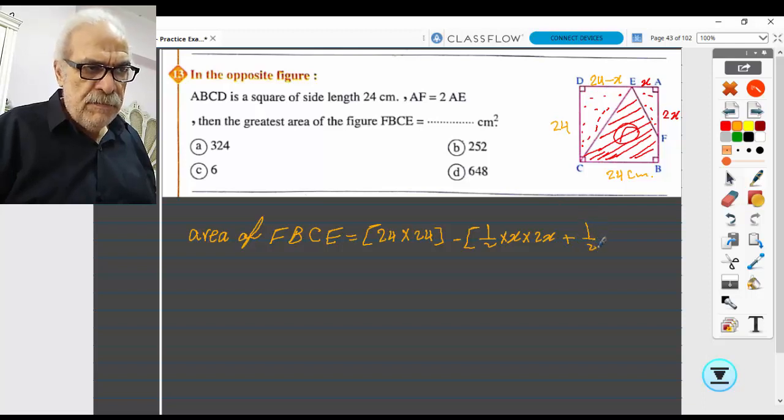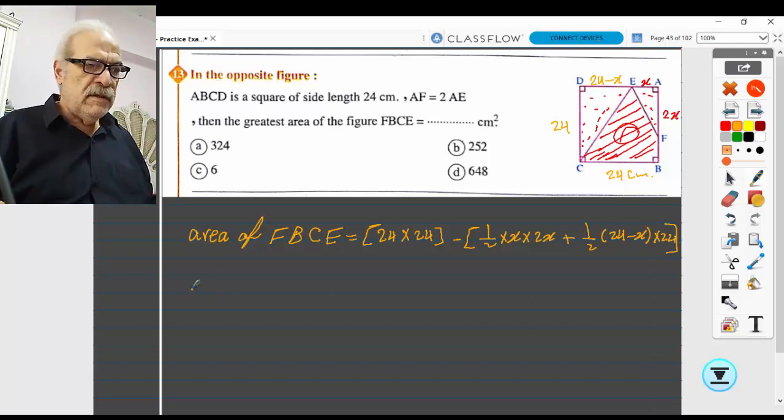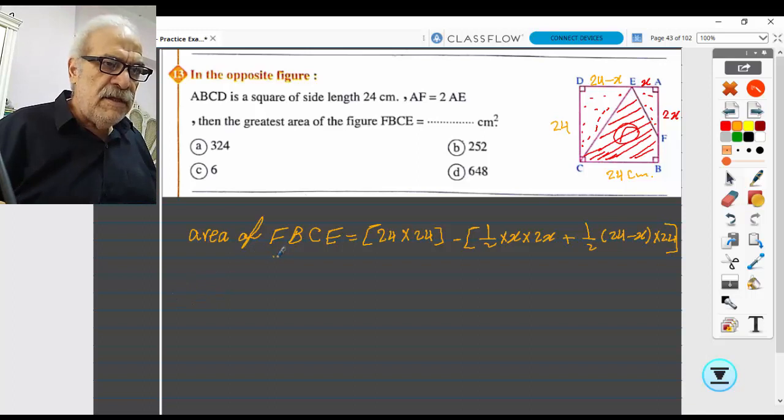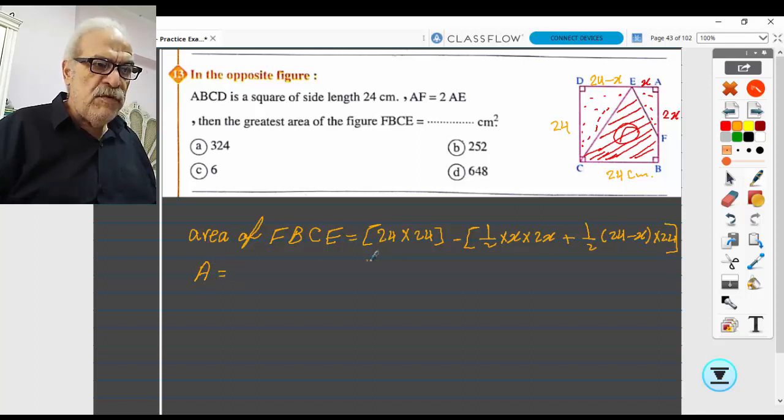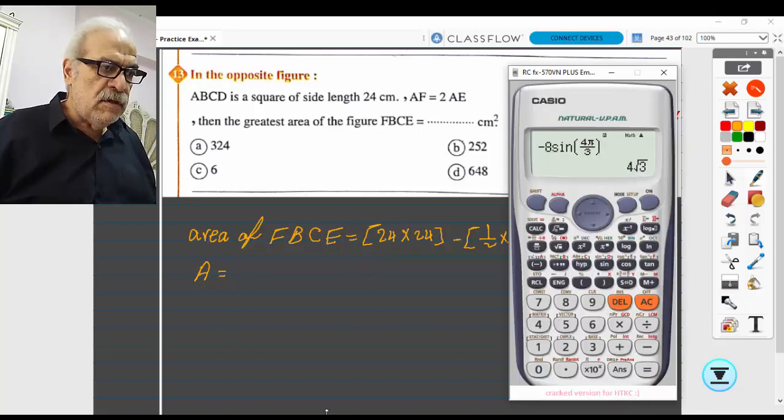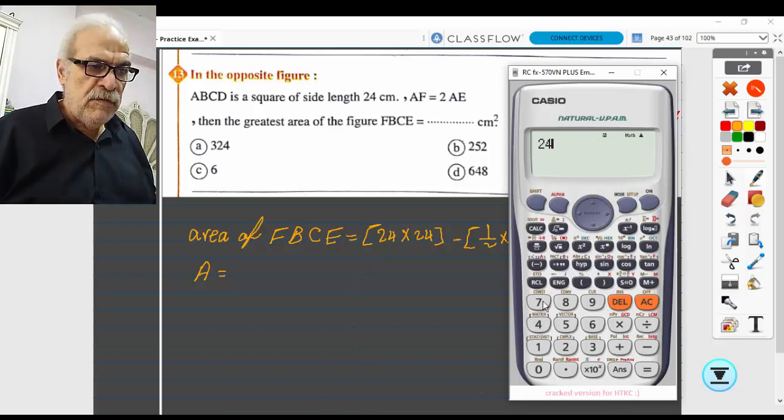Equals half multiply its base, which equals 24 minus x, multiply its height 24. Okay, so let the area of the required figure be A. So the area equals 24 multiply 24, 24 squared,